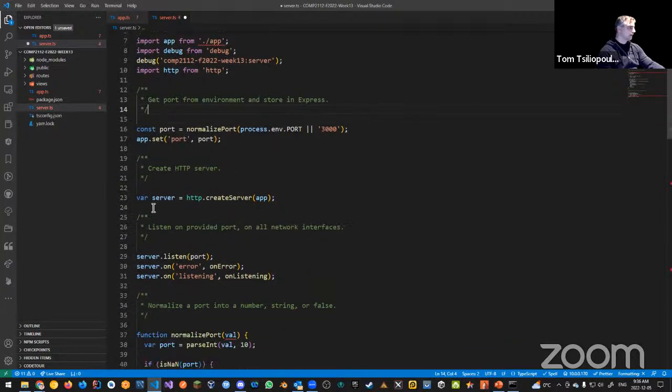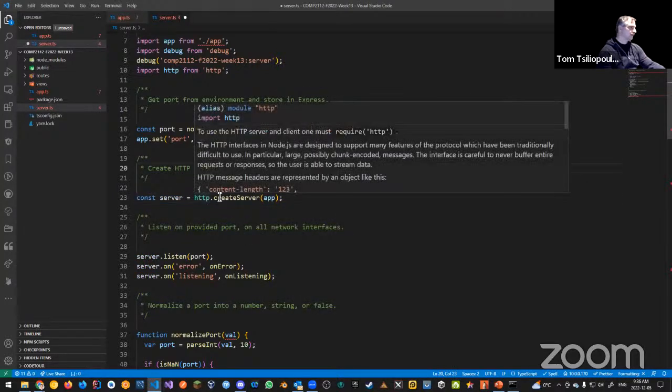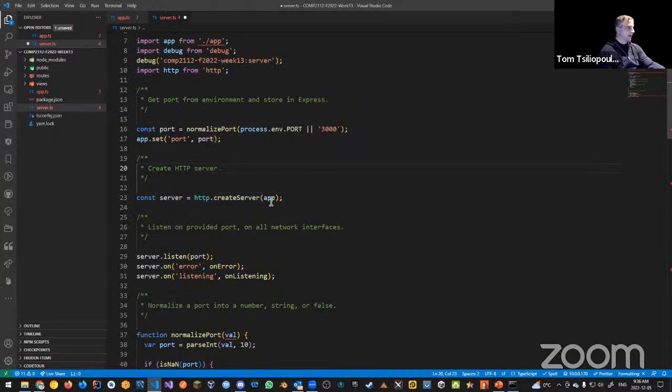Okay, we're doing that. And we're creating our server. So we're just going to change this to const. So const server is equal to http.createServer. And we're passing in the app that we're getting from our other file that we haven't corrected yet. Okay. We're going to server.listen on a particular port, which is probably going to be port 3000 for us locally, right?